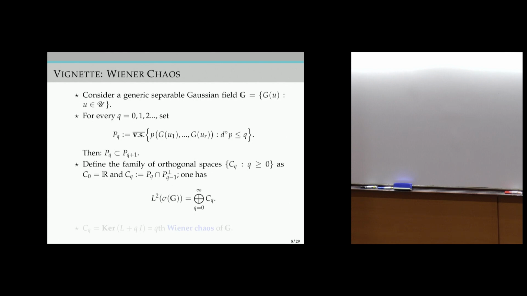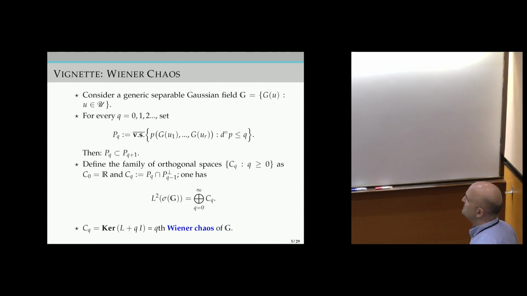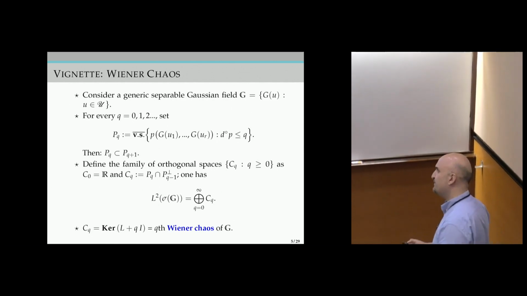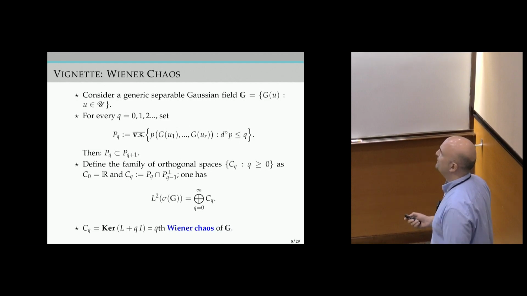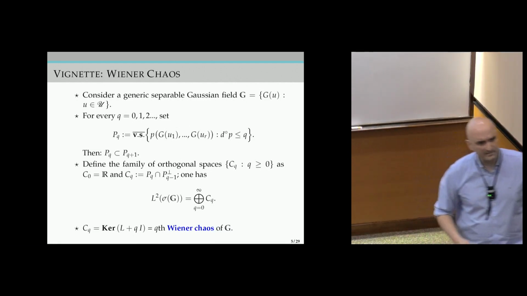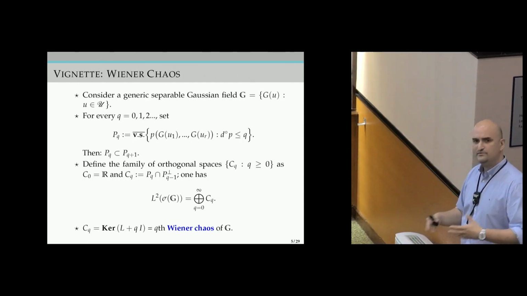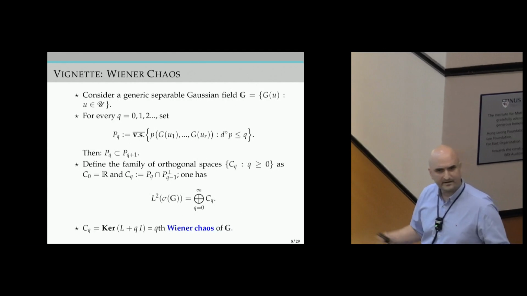And so this space C of q, as I was anticipating, I'm not going to prove this, but this space C of q is actually the eigenspace associated with the eigenvalue minus q of L. So there was L minus 1, and this is the operator L, which is the generator of an Ornstein-Uhlenbeck semigroup, and this is called the q-th Wiener chaos of G. Okay, so this space of orthogonal random variables can be used to decompose any square integrable random variable of any